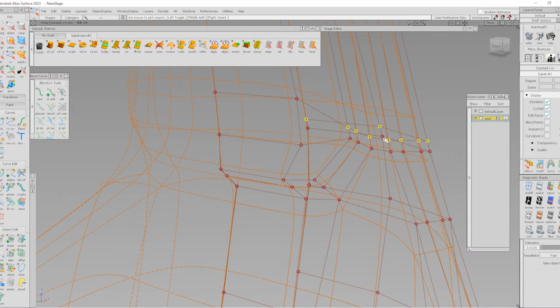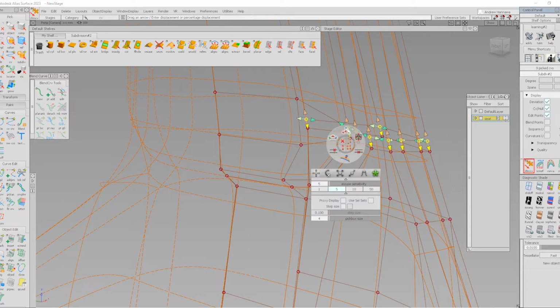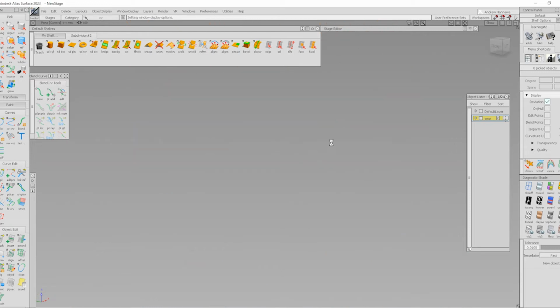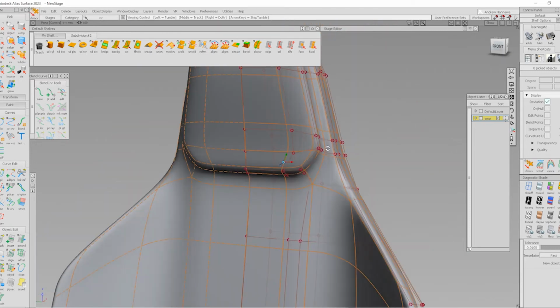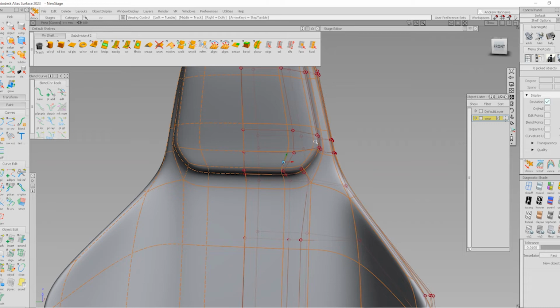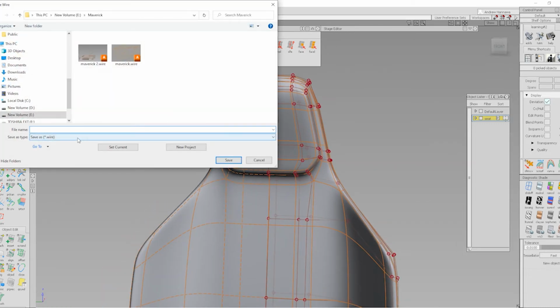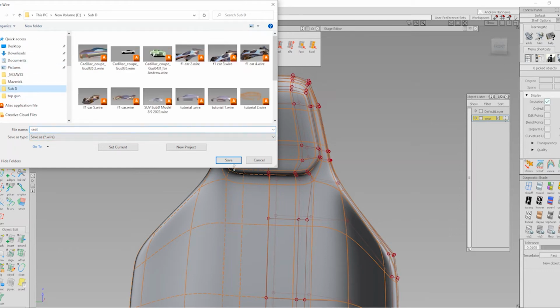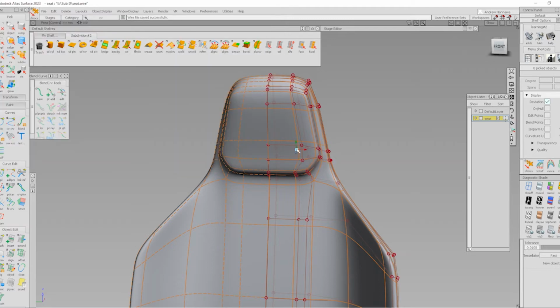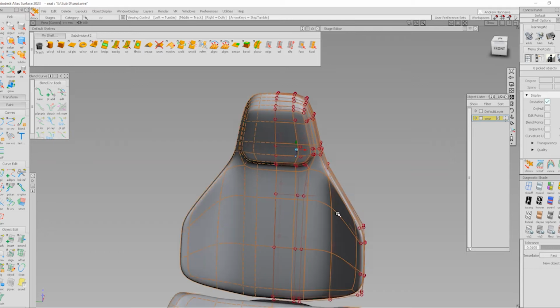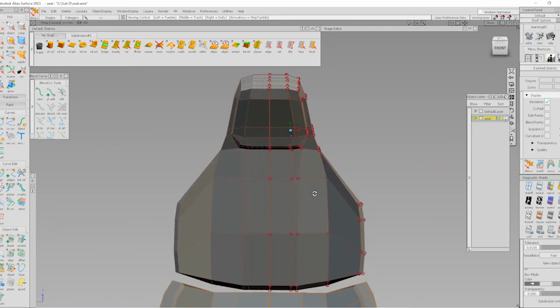Push these ones out. Push them up as well. Just trying to get more shape here. Okay. Let's save. Okay. All right. Now let's say we want to create